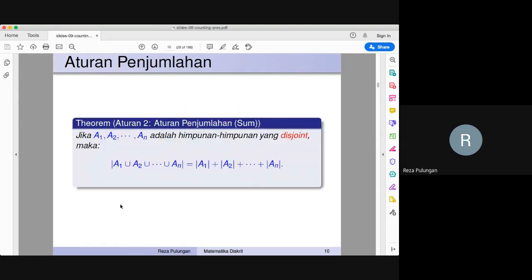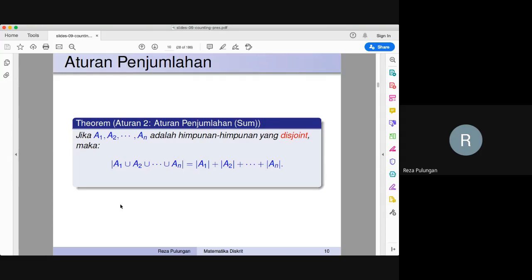Okay, let's continue. Let's look at the second rule. The second rule is called the summation rule. Look at this theorem. If A1, A2, up to AN are all disjoint sets, so there is a condition there: they must be disjoint sets.